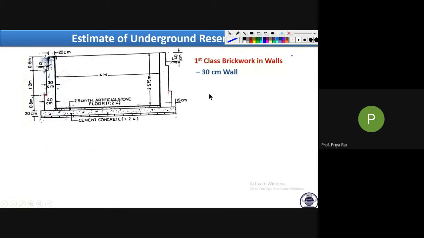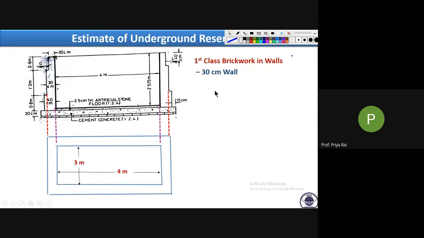Now tell me, what will be the length of the center line of the 30 centimeter wall? See, this is the 30 centimeter wall. We are projecting here, so it will look like this. So this breadth is what? This breadth is 30, 0.3. So what is this length? Then add and multiply with 2, we will get the total perimeter. Now tell me what is this total center line length value?